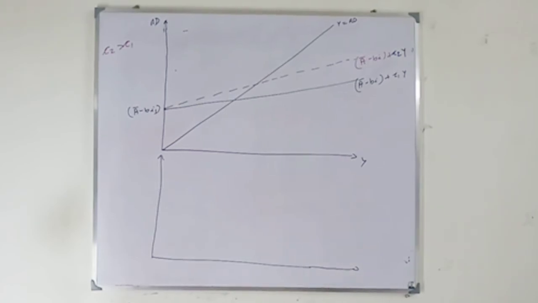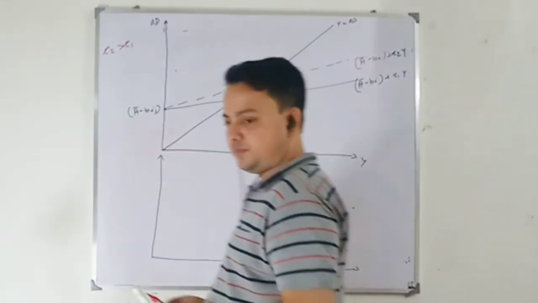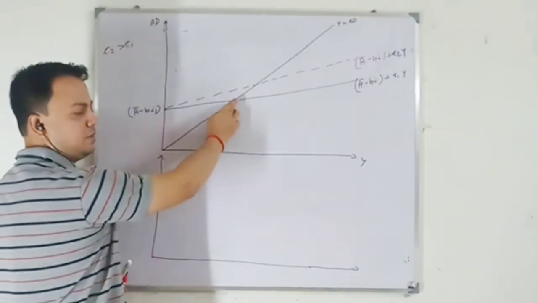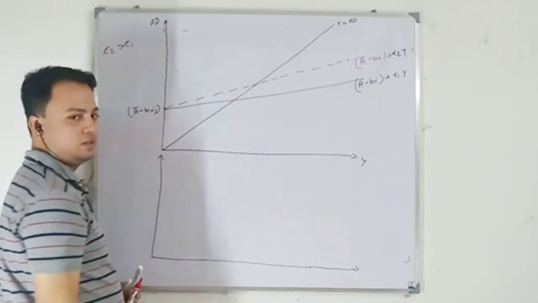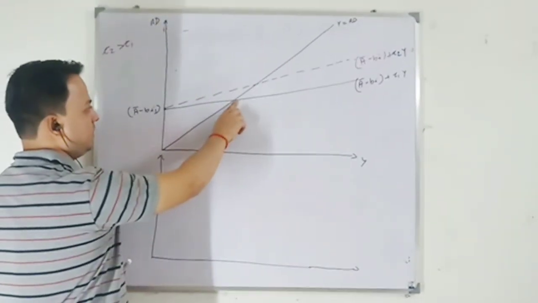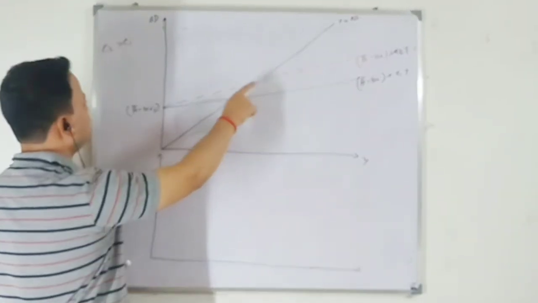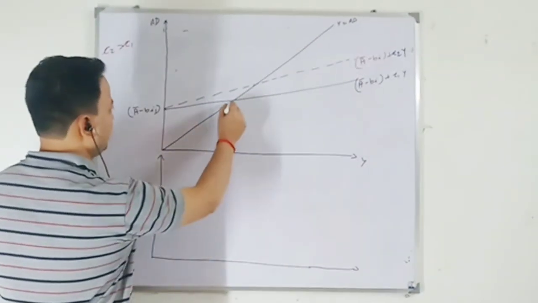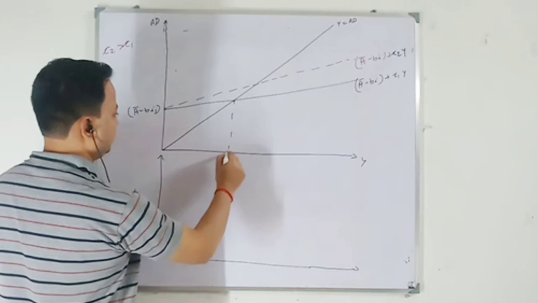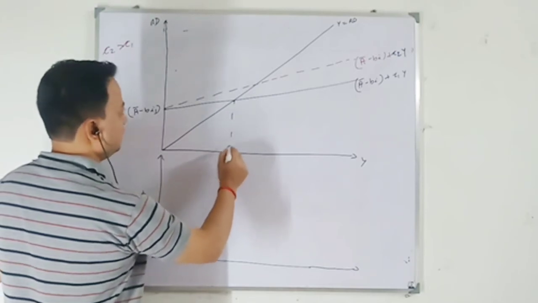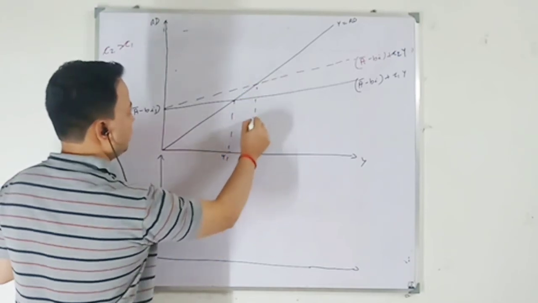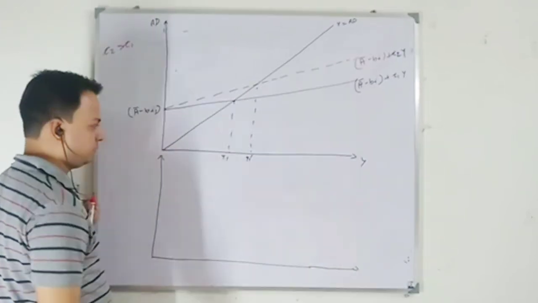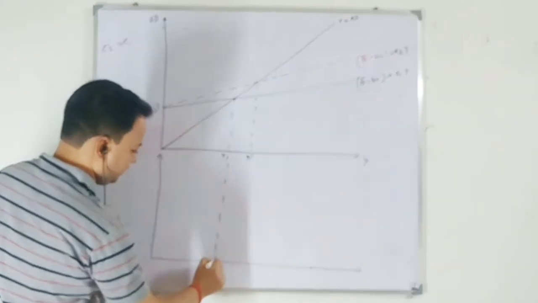So let me take the IS first point. Okay, IS curve, one with high MPC and one with low MPC. Here your MPC is c1, here MPC is c2. This is one equilibrium point, you have say Y1, and this is also an equilibrium point we have for the same rate of interest, say Y1 prime.